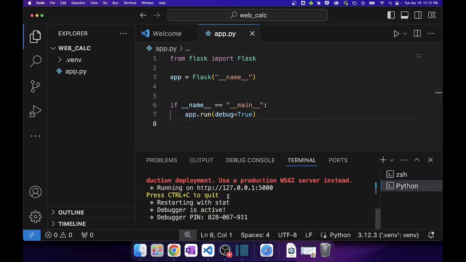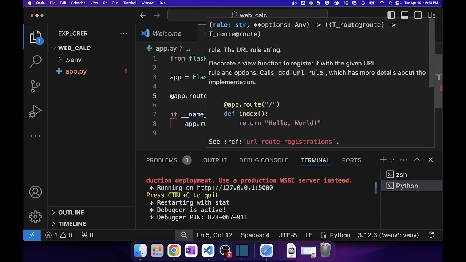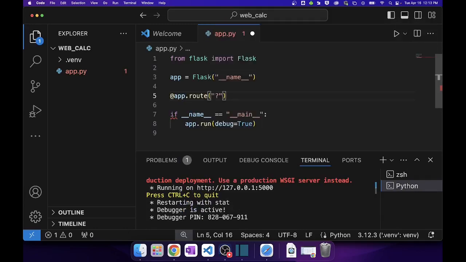And there we go. I can see that we are running in the debug mode. The last thing we'll do, just to make sure that we're set up correctly, is I will add some routing, basically a hello again kind of thing, to make sure that everything's working correctly. So I'm going to route the root URL